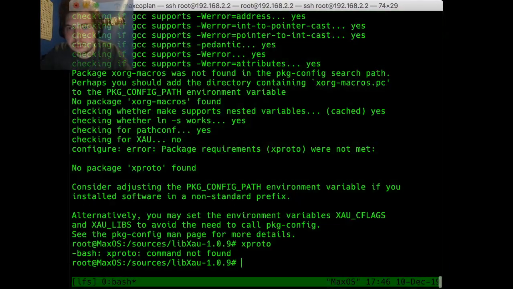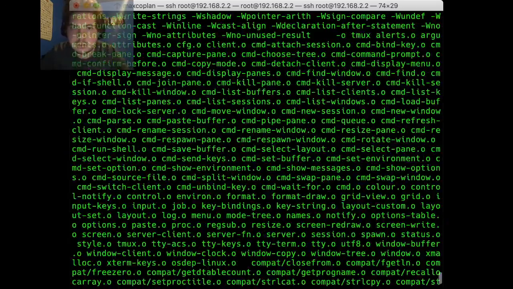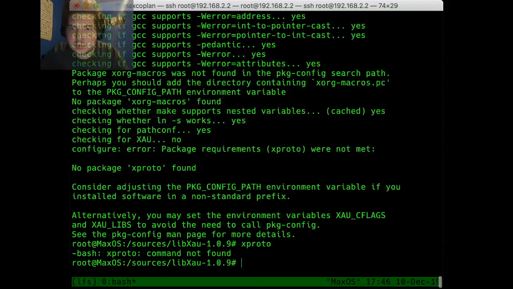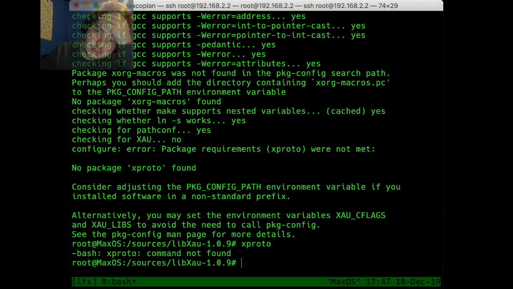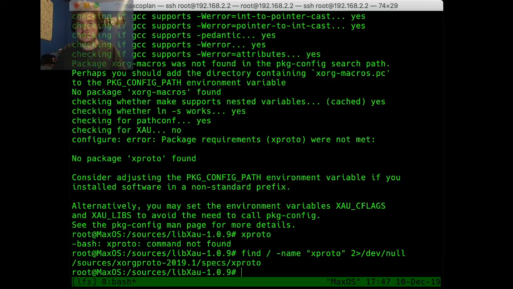Oh gosh. Oh no, it's not even looking in the right spot. Alright, I'm gonna do this the lame way. Okay, well, I also installed it too. Alright.